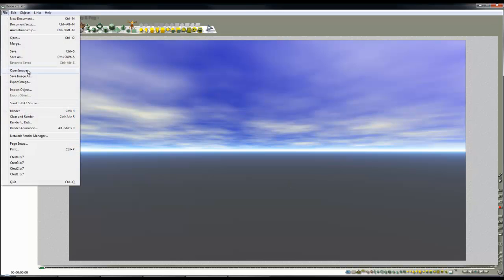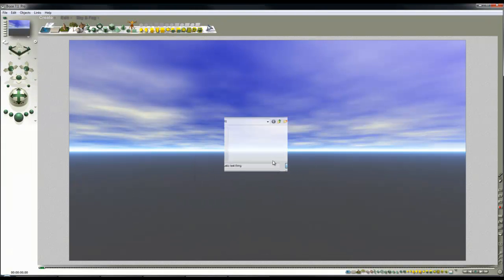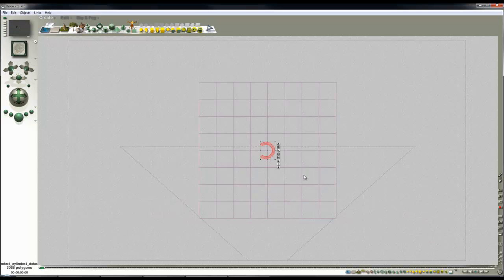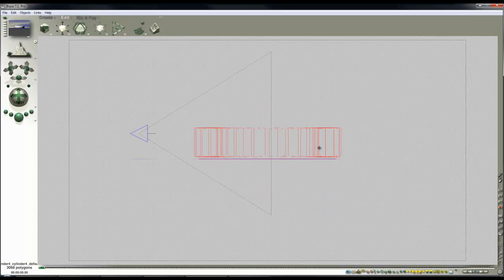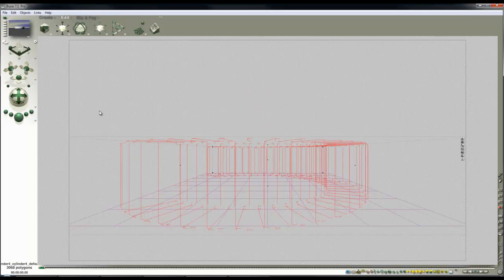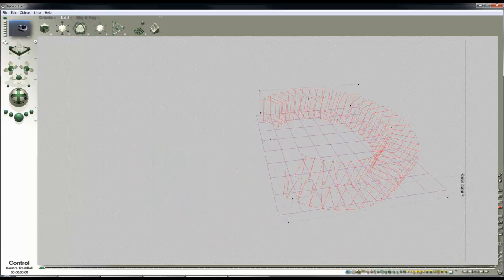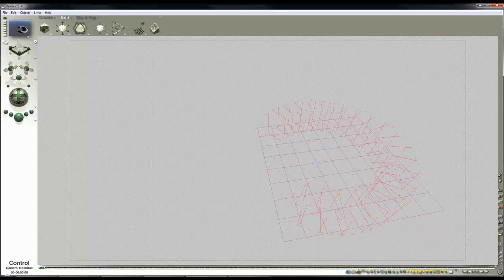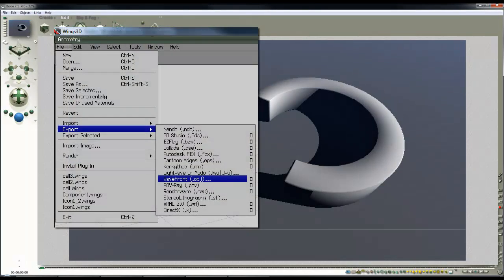I'm going to File, Import Object, and I've created this object in Wings 3D specifically to perform this tutorial and make this effect. It's sort of a C shape, and it's going to be reflective so that it's got this inner surface that we can generate the caustic effect with. I saved it as an OBJ, a Wavefront object file,